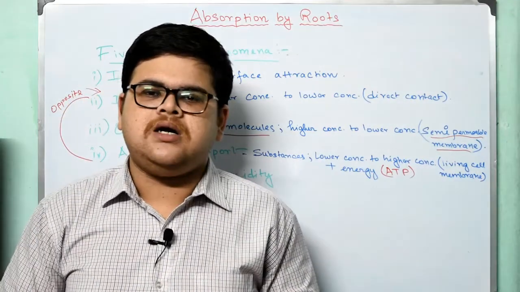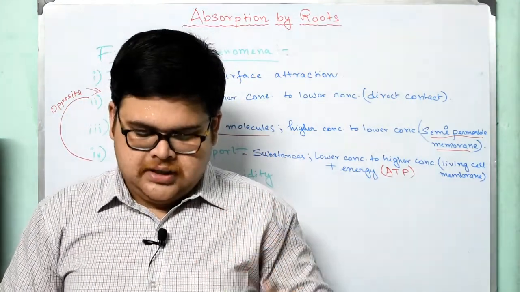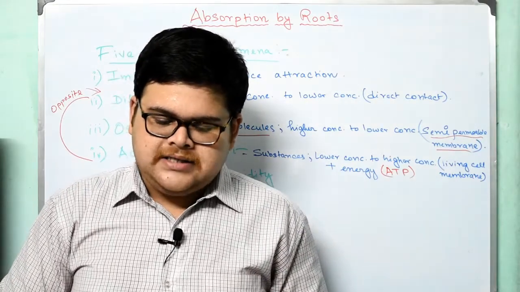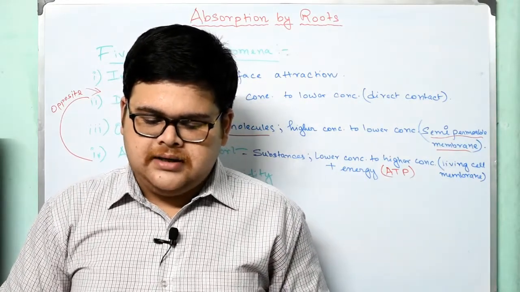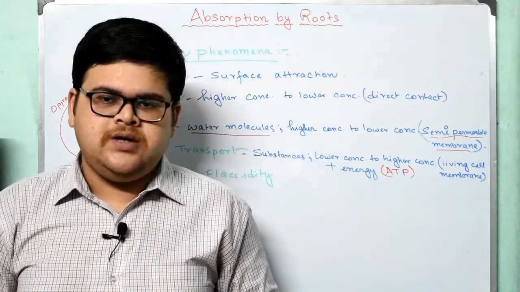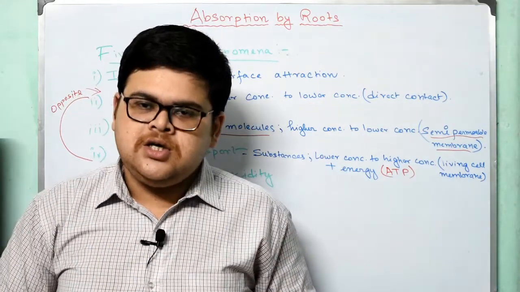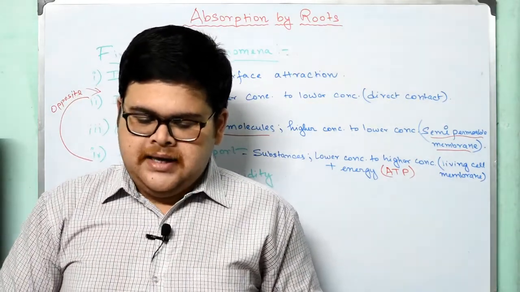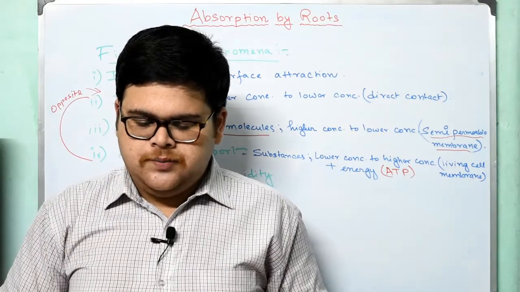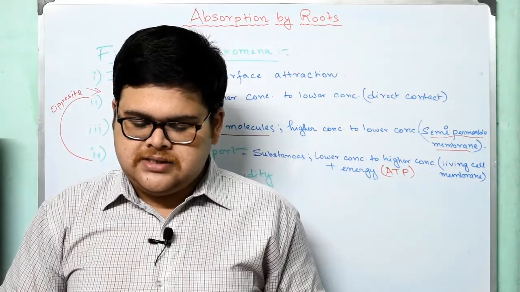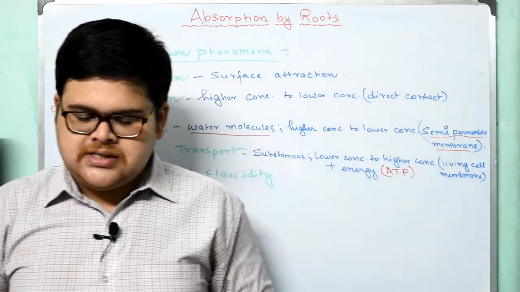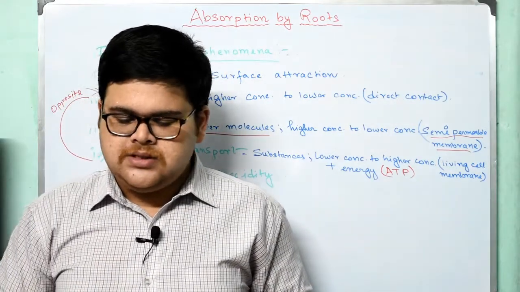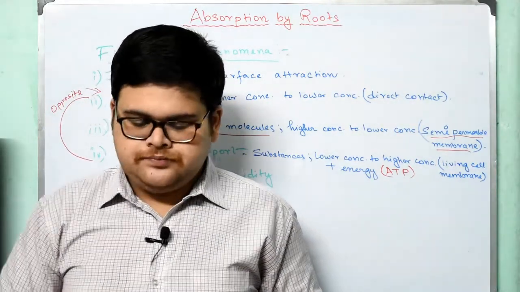So the pressure which is contained in the cell is known as turgor pressure, and the pressure exerted by the cell wall on the cell content is known as wall pressure. So students, do not get confused between turgor pressure and wall pressure. If at any time the cell wall is unable to bear the turgor pressure, it ruptures and the cell contents burst out. This is exactly what happens when fruits and vegetables sometimes burst.